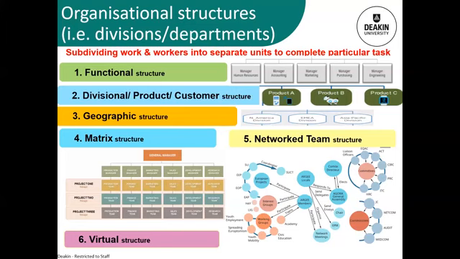And of course, as that technology grows, the functional systems, the divisional teams, they'll still be there, but they'll be a lot looser than what they used to be in the past, because that technology really helps to facilitate communication, and that can end up being a virtual structure, which is number 6. So a virtual structure is where organisations are part of a virtual network.